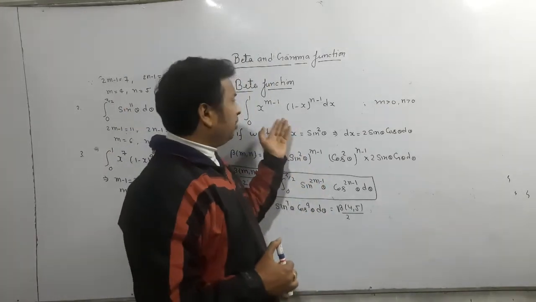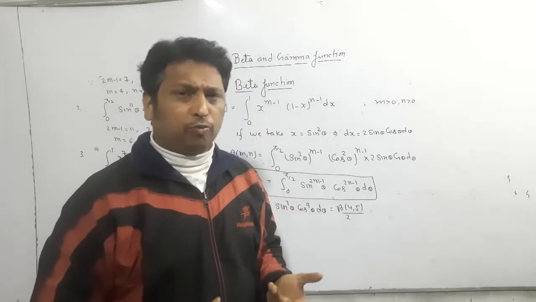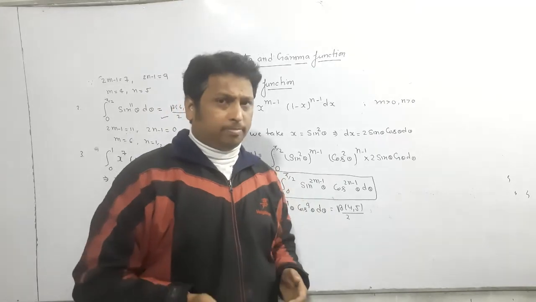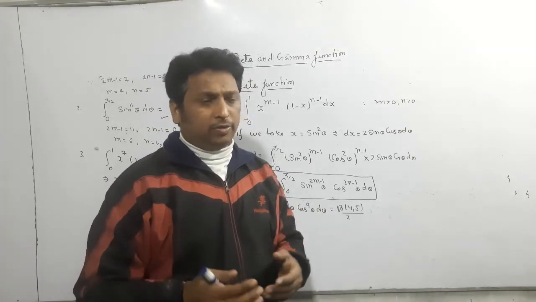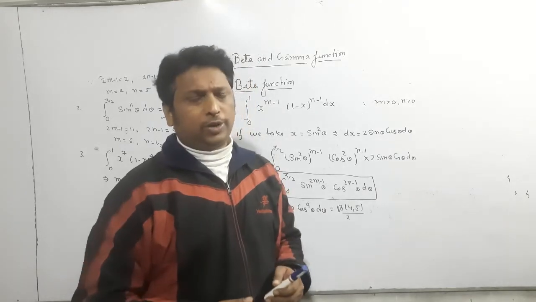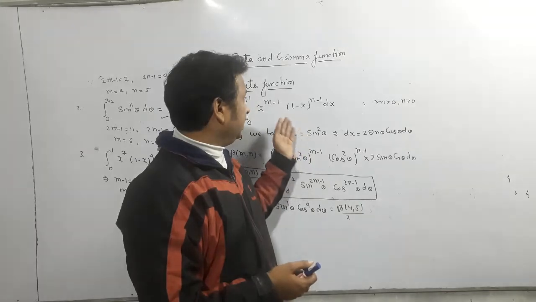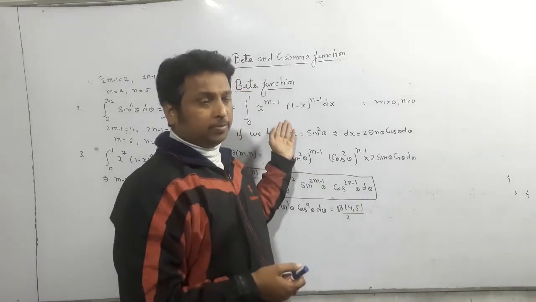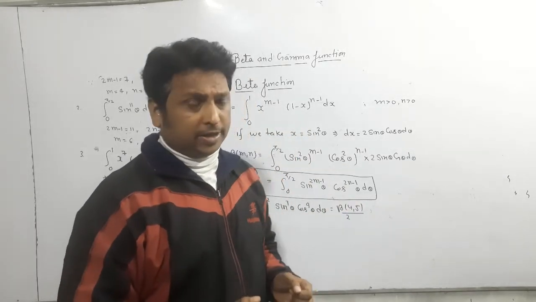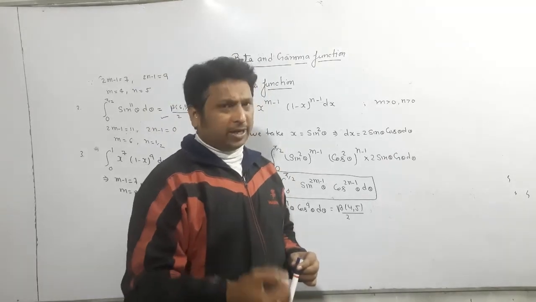We can transform in so many ways. You can take x is equal to 1 upon 1 plus y. You can transform according to whatever quotient is given. If you look at it directly, it is very difficult to calculate, and if we can convert it into this form, then it is so much easier for you. And when you do practice, it will come easily.